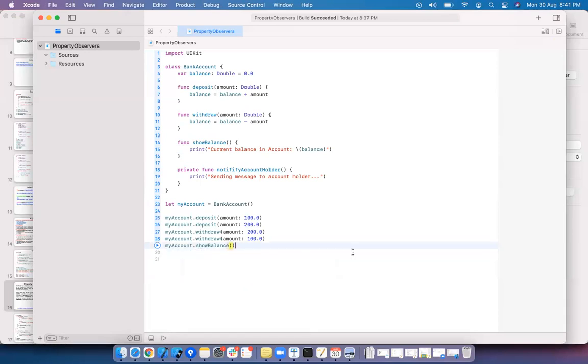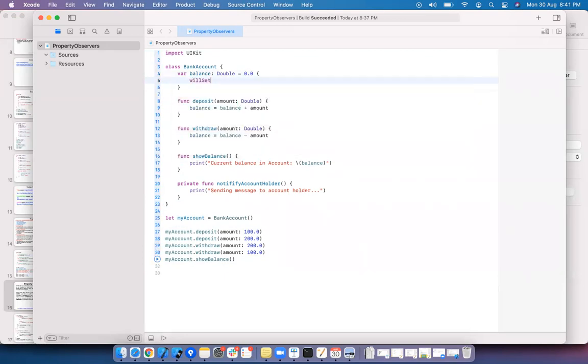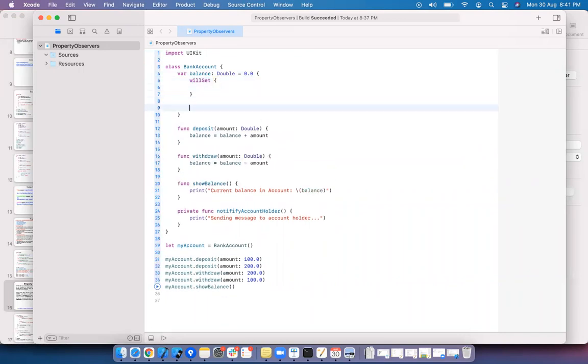And what I want is when there is a change in balance. Here, if you see, whenever we are depositing amount, what we are doing internally, we are changing the balance property. When there is a change in balance property, I want it to be notified to the customer. So what I want to do is, there are two methods here, basically two blocks, willSet and didSet.